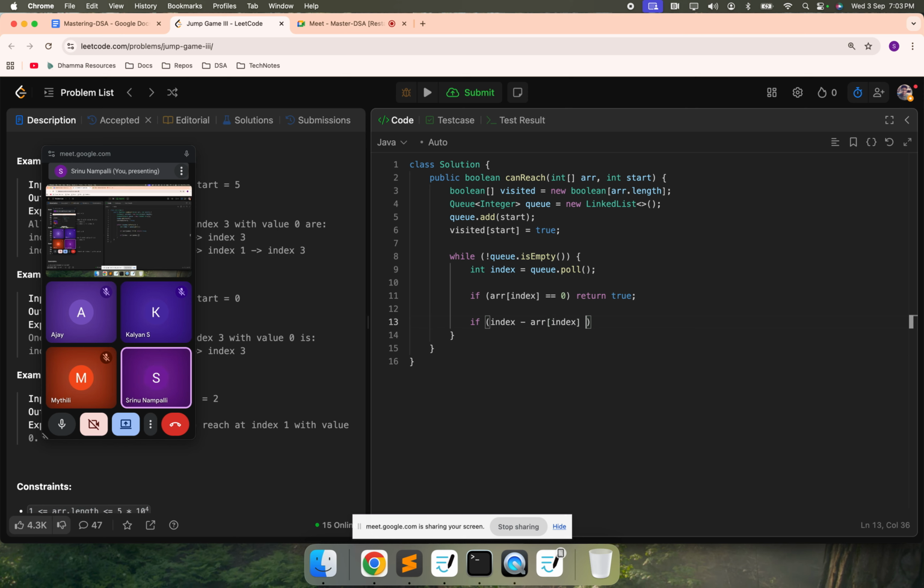is greater than or equal to 0. Definitely it should be greater than or equal to 0, you will always get a negative value only, no? If it is greater than or equal to 0, and if this index is not visited,